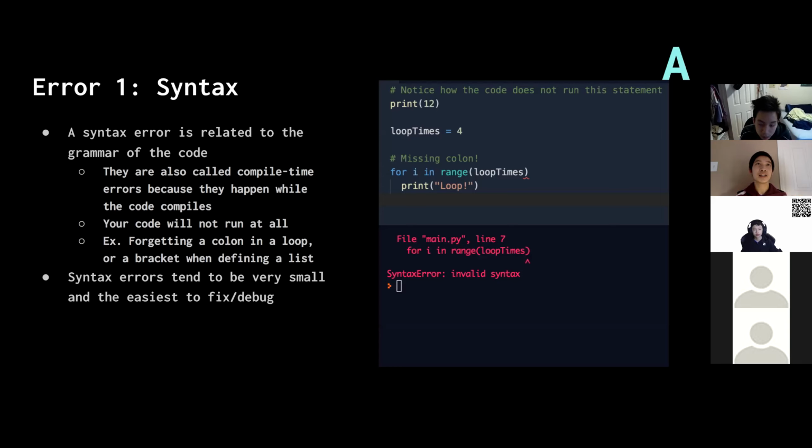So they're also called compile time errors because they happen while the code compiles. That's not that important, but it's just cool to know. And like I said, your code won't run at all. So for example, if you see the example here,